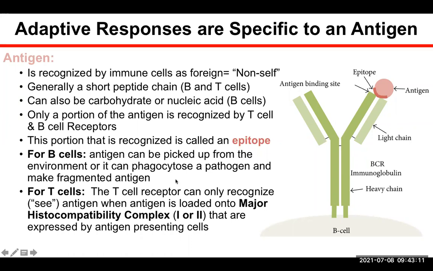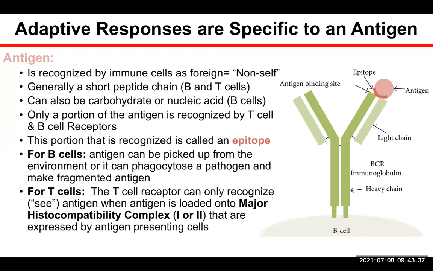So for B cells, antigen can be picked up from the extracellular environment. So if there's free-floating bacteria particles or whole bacteria, or if there's viral particles or whole viral particles, it can actually bind to it via its B cell receptor, so this antibody,